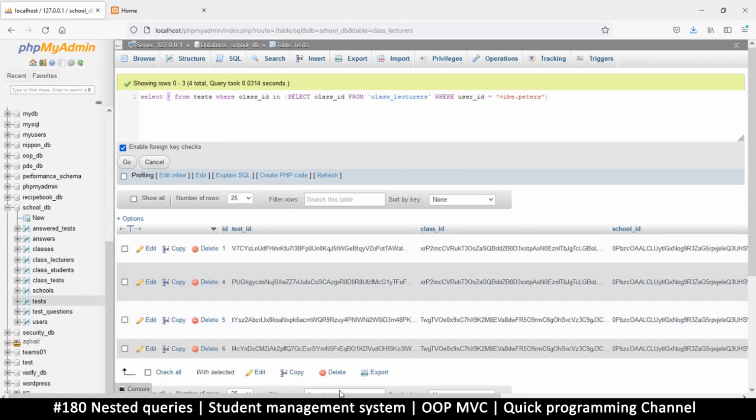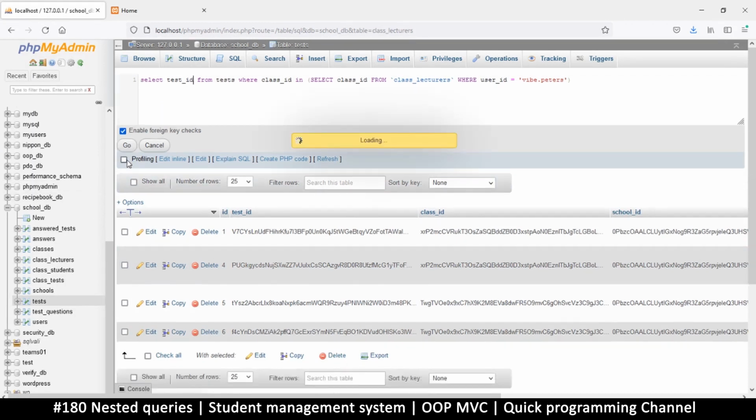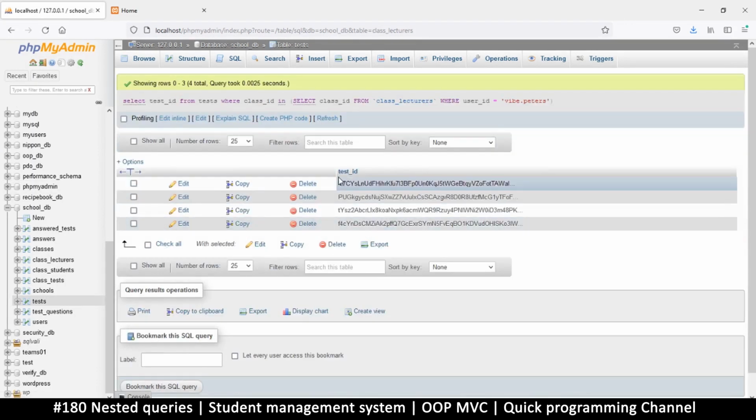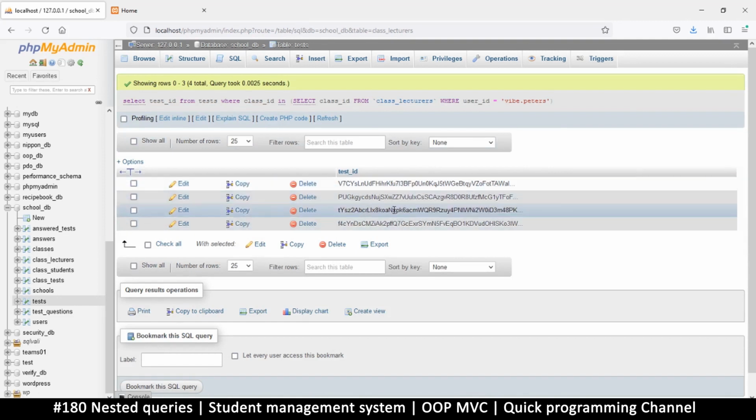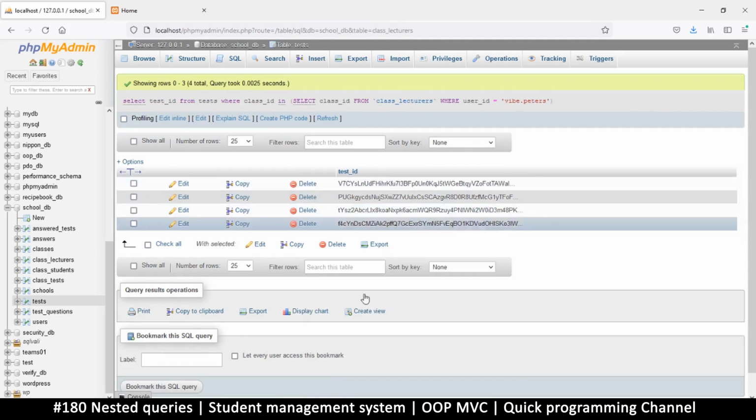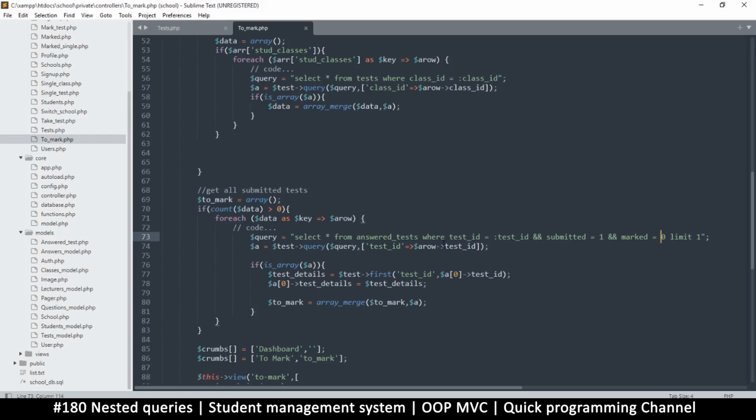So what do we need from there? We need the test IDs. So I'll say test underscore ID like that. And let's try the query before we do anything else. And there we go. So it brings us all the test IDs of all tests that Vibe Peters has written or has created. So these are all the tests that that person has created. So now that we have those, we can use that information to get only the tests that have not been marked from that list. So I'll say select all from answered tests, and then I will, let me copy all of this,